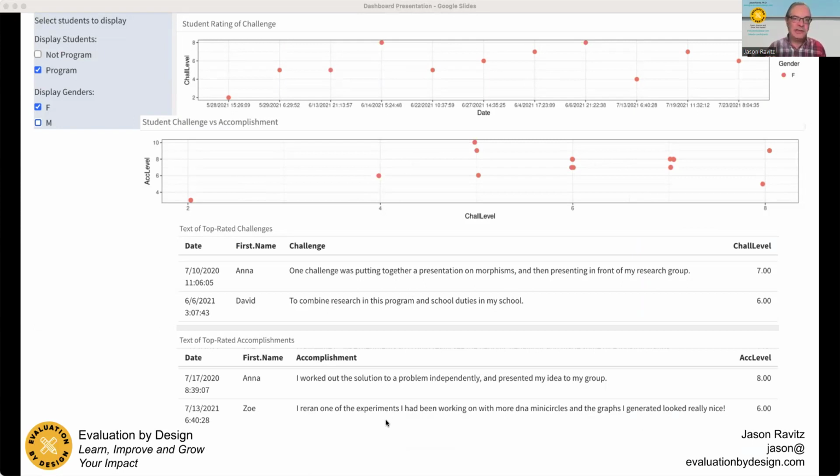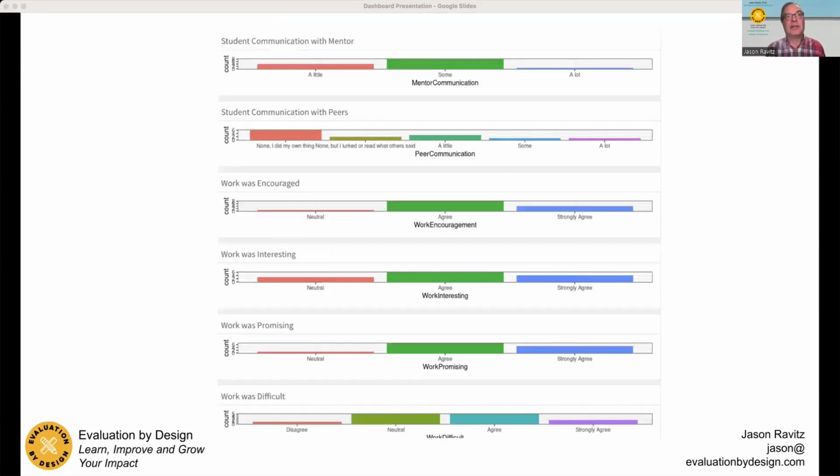I want to say this was really helpful when I was writing the final report. I had pre and post data for the students, but I was also able to pull in their weekly experience and share case studies about, here's an example of a student who didn't have a great experience at the end, and what was happening with them during the week. And so I was really able to make some good recommendations about that, including their rating of how their peer communication and mentor communication was.